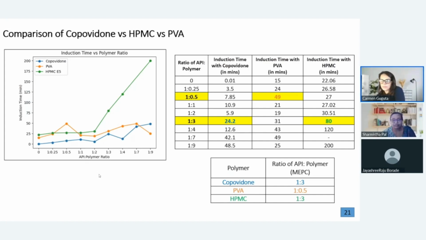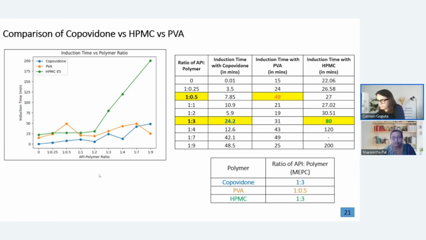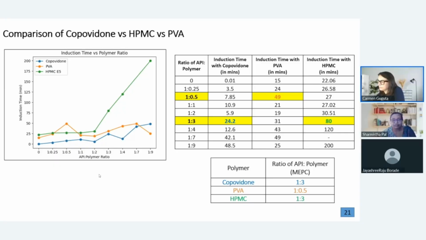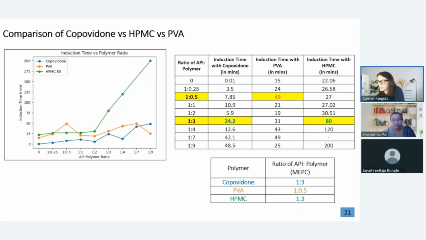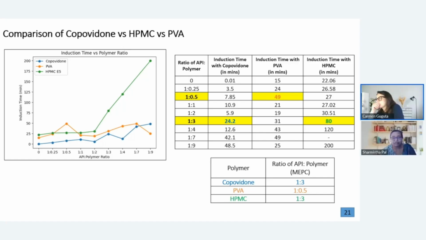Coming to the comparison between all three polymers, copovidone versus HPMC versus PVA. Copovidone and HPMC show a typical behavior where increasing the concentration increases the induction time and stabilizes supersaturation, with the minimum effective polymer concentration MEPC at around 1:3. In contrast, PVA shows the opposite behavior. Beyond 1:0.5 API to PVA ratio, increasing the concentration reduces the solubility and induction time, indicating a shift from nucleation inhibition